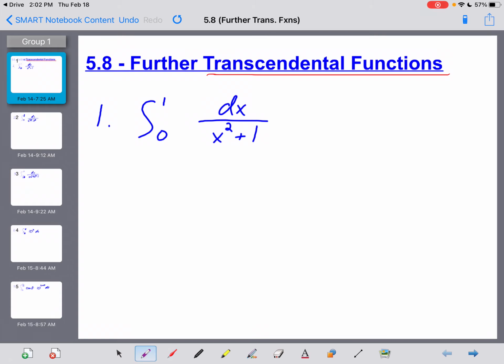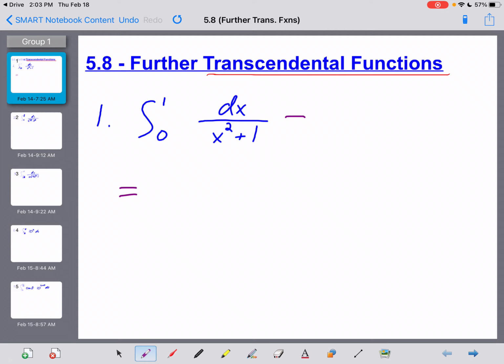We're doing a definite integral now. So let me stop you right there. A definite integral is going to have an answer that should be a constant, not a function. A definite integral from 0 to 1 of dx over x squared plus 1, or the function 1 over x squared plus 1. So I already kind of gave away what we're going to be doing right here, but the first thing you guys should be asking yourselves is, do we recognize this